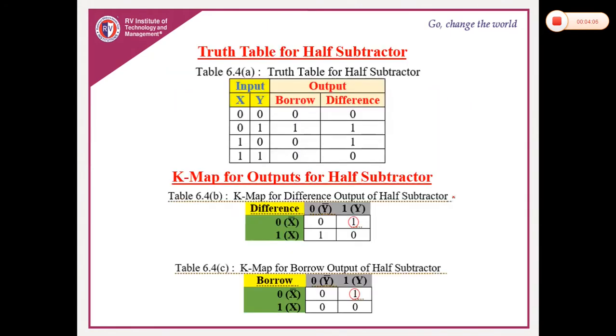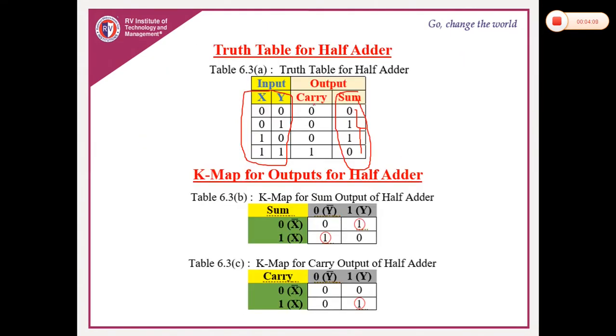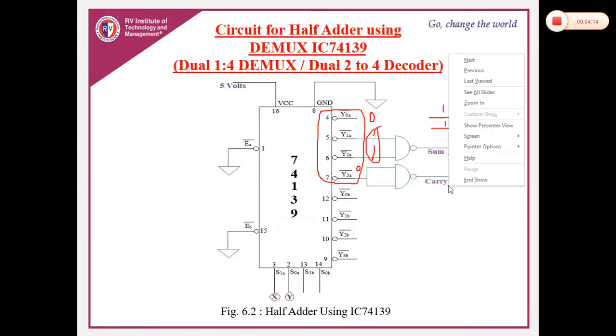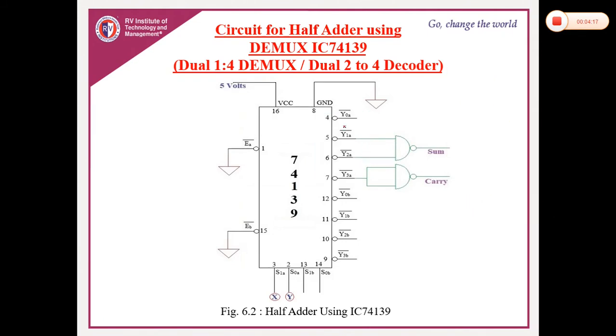And how to get the carry output? It is very easy. Carry is 0 0 0 1. So where will you be getting that 0 0 0 1? Here, right? So that carry output we are getting here, 0 0 0 1. 1 is present only here. So the minimum possible NAND gate is a 2 input NAND gate IC. So you just merge these things and give it to a common input, that is this one. So that is how you will be getting the carry output. Okay, you have to use NAND gate because it is active low logic, and it is SOP expression.